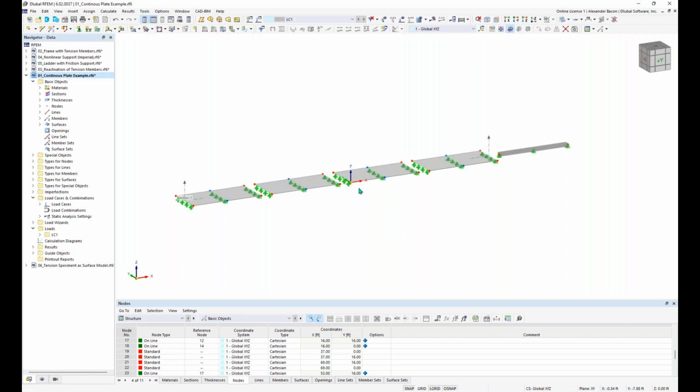So with this, you can see I have a model already opened up. We're just going to be going over the UI of this already modeled structure and just the UI of RFEM itself, since it seems like most of you are beginners, and we'll just touch base. So on the left-hand side here of the program, we have the navigator panel, and this panel is very important. This is where all of the model data is organized. So you can see I have my model opened here, and all of these categories that have arrows next to them contain model data. So this is an easy place for you to check and see what's included in your